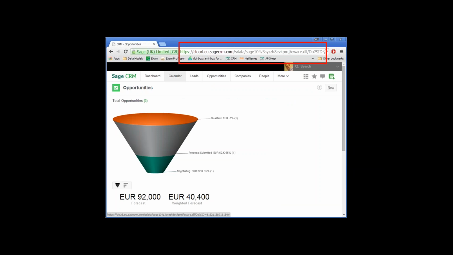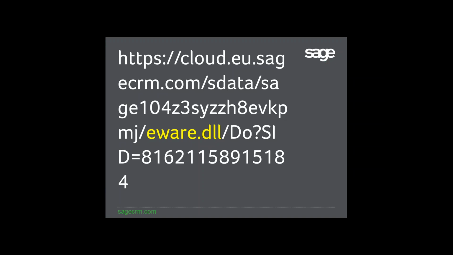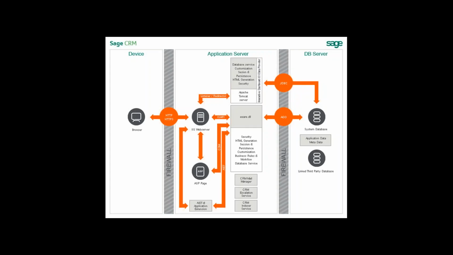So we need to do some unpicking here, and the principal unpicking is around the idea of the eWare DLL. So when we're using Sage CRM, and there's a reference to the eWare DLL,